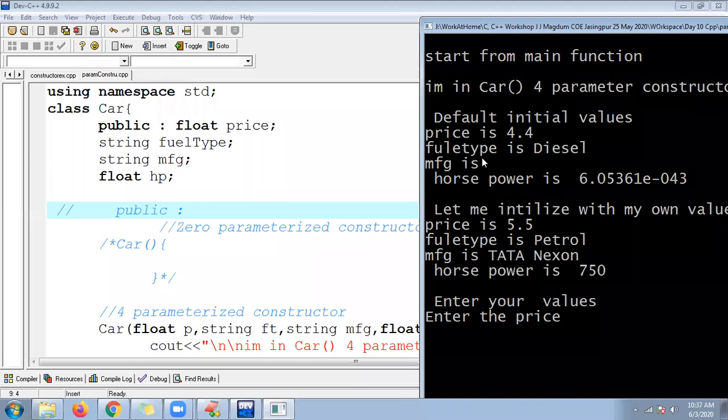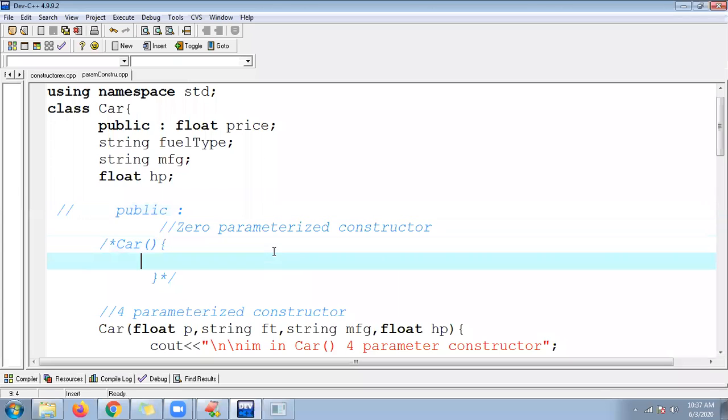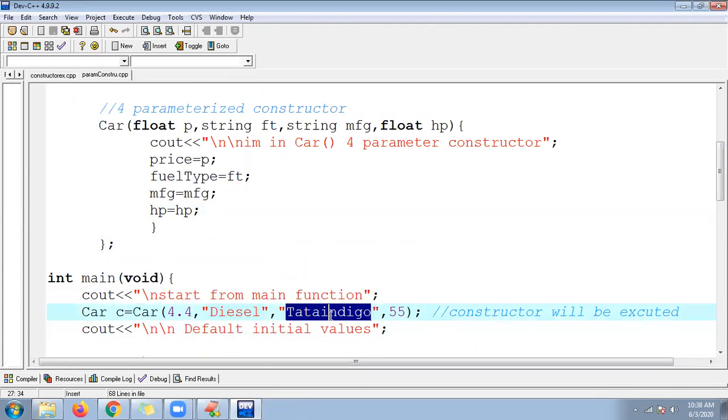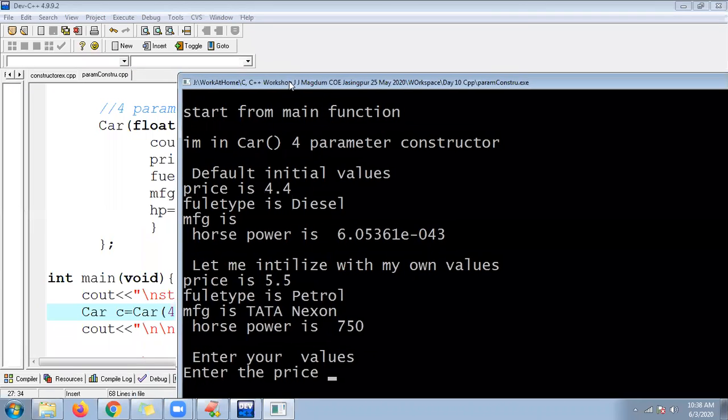The diesel and manufacturing type are not coming. What values did I pass while initializing? Diesel and Tata Indigo. Control S, Control F9, Control F10. Diesel manufacturing is not coming. Why so? HP is also a garbage value.